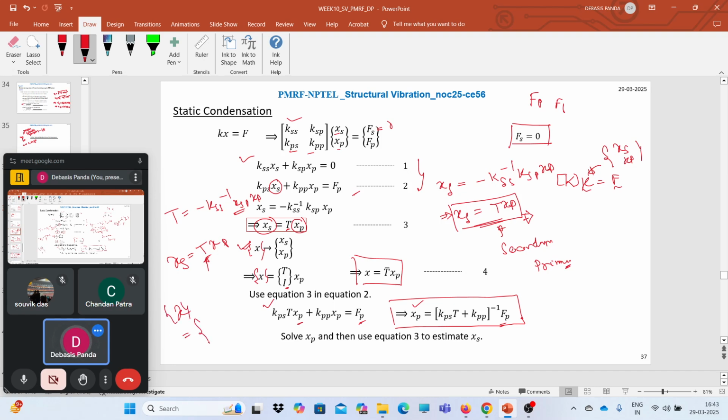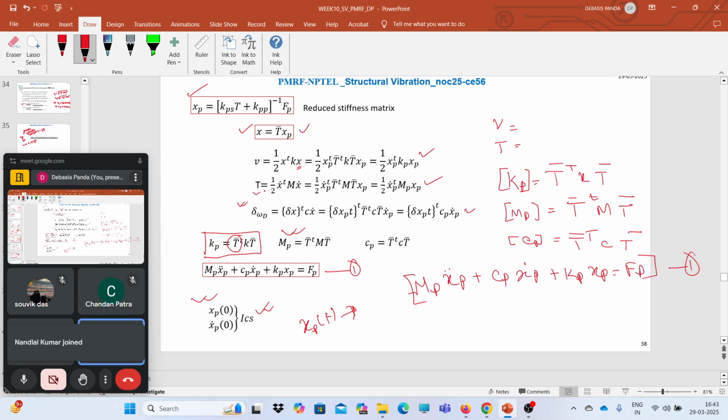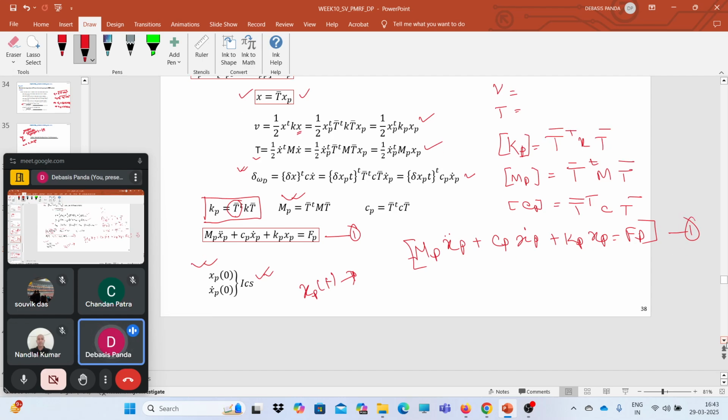T, I into xp. How are we finding this equation? Because x is nothing but we have separated out xp and xs. So xs and xp, right? xs comes as T into xp. So finally that x leads to T, I into xp. So once we can calculate that T or T bar, we can easily calculate the reduced stiffness and reduced mass matrices. So the reduced stiffness matrix we can calculate like this, and the reduced mass matrix,